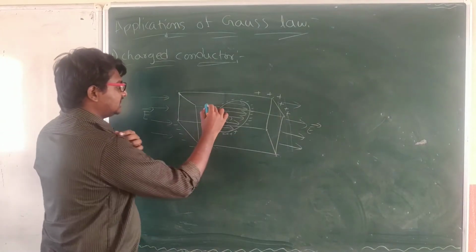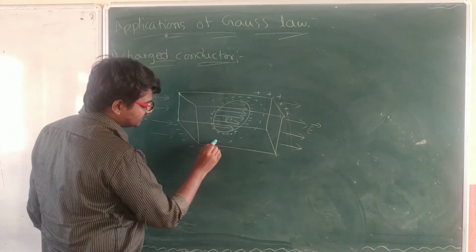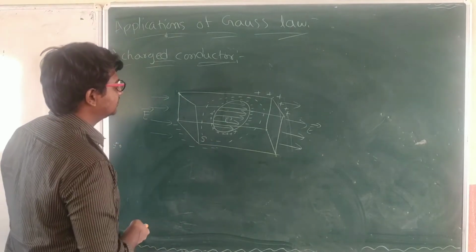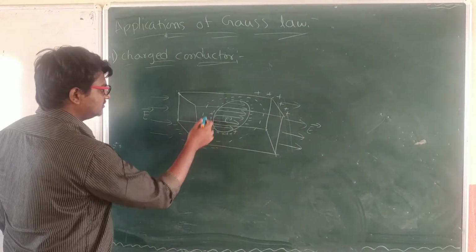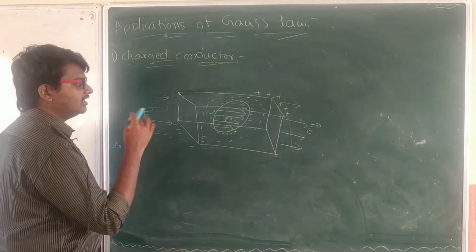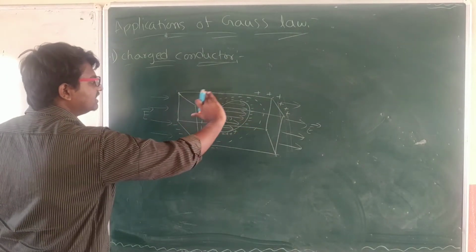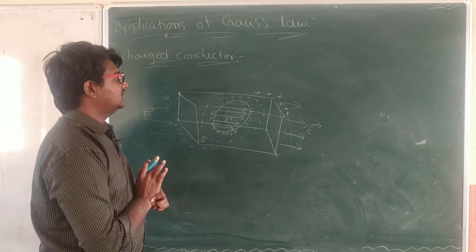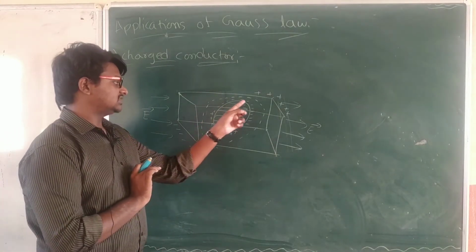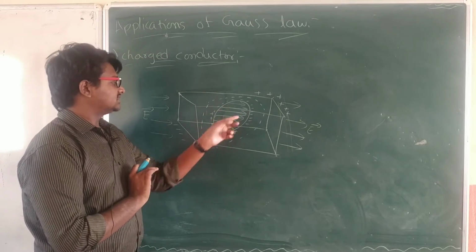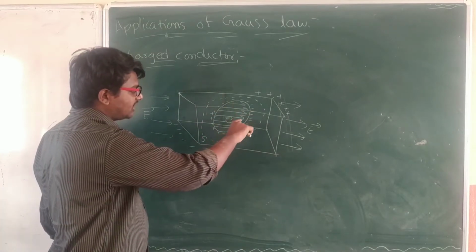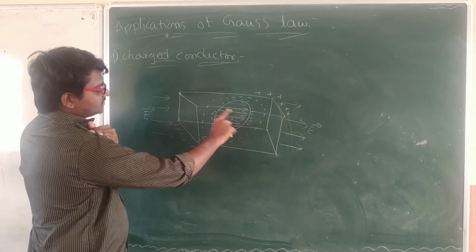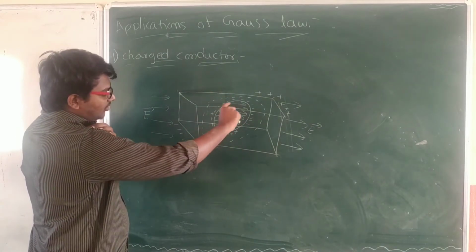But if you consider another Gaussian surface like this, that one is completely neutral and no electric field will be observed inside the conductor. But you may have a doubt: this is also inside only. Yes, it is inside only, but the absence of mass has taken place here. That's why there is a space in between them, and that's why this one will behave like outside.